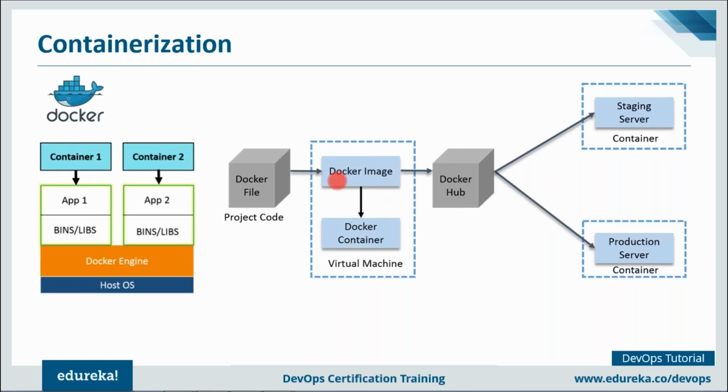And with the help of Docker image, you can create as many Docker containers as you want. Let me repeat it once more. So we have written the complex requirements for a microservice application in an easy to write Docker file. From there, we have created a Docker image, and with the help of Docker image, we can build as many containers as we want. Now that Docker image, I can upload that onto Docker Hub, which is nothing but a Git repository of Docker images. You can have public repositories, you can have private repositories there.